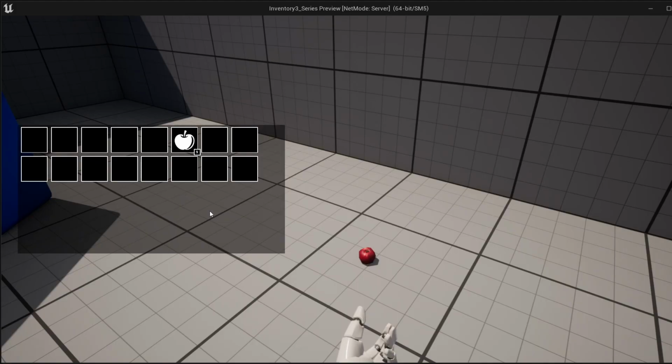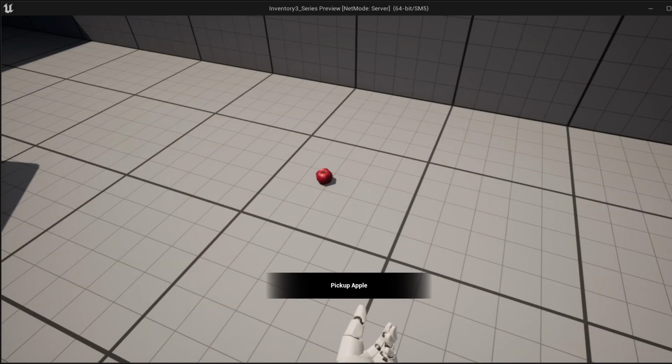We've still got use to work out and do, but we're going to do that not next episode, but the episode after that. So the next episode, we're going to work on the display message that appears on the screen when we hover our mouse over an item. Then you have to pick it up. So let's get started with that in our next episode, which you can watch right now over on